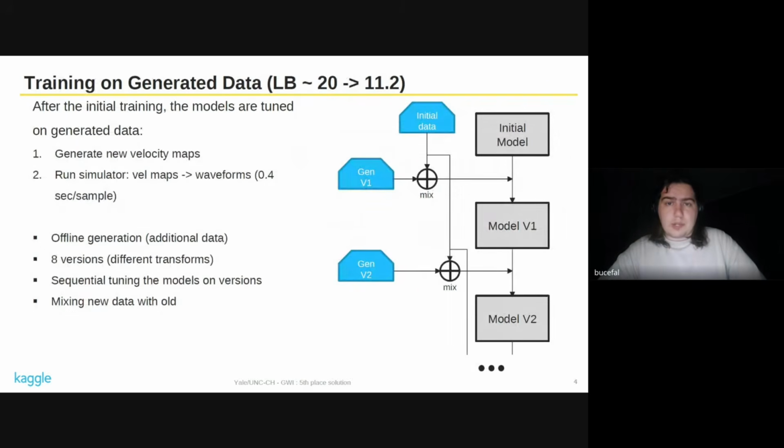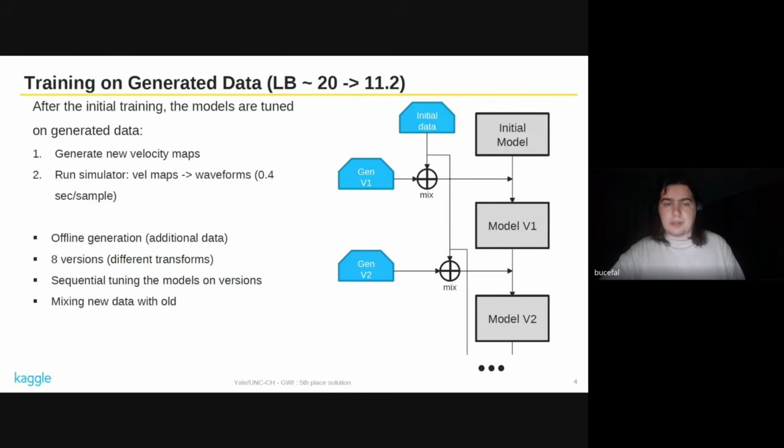The next step for us, actually a pretty crucial one, was to generate some additional data. On the slide, you can see a diagram with an explanation of how we use this data. So we trained a model, then we generate some new data, we add it to the initial data set, and we keep training.